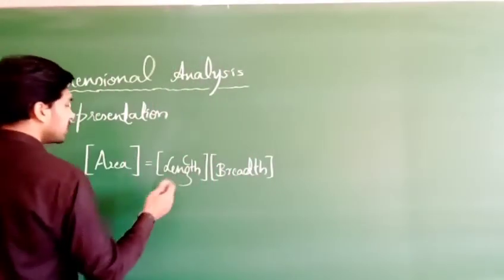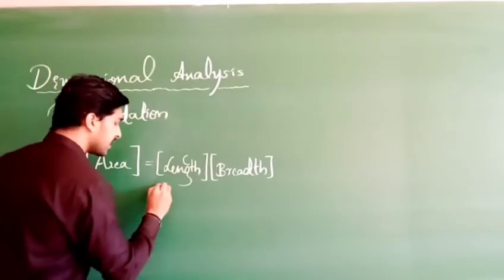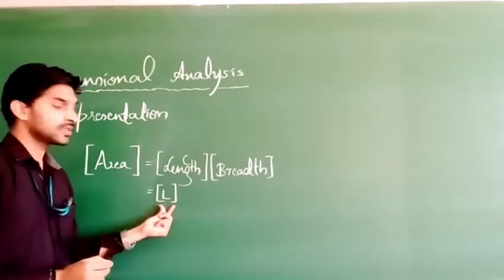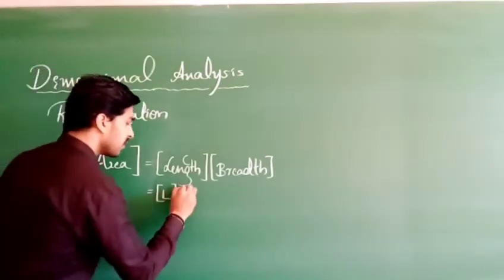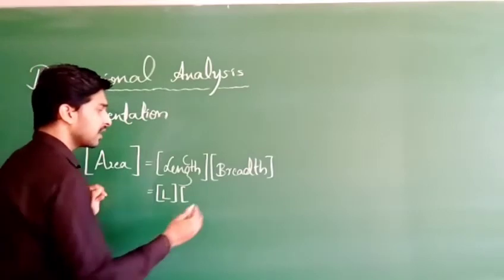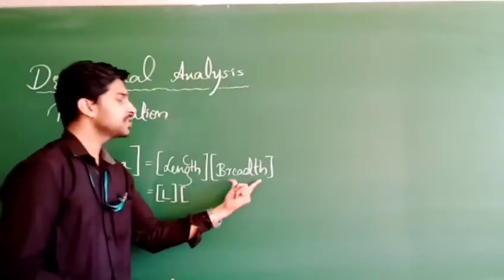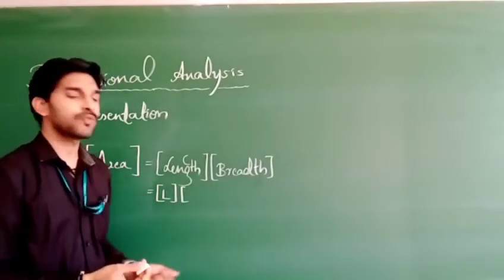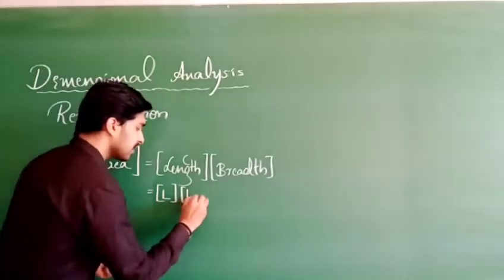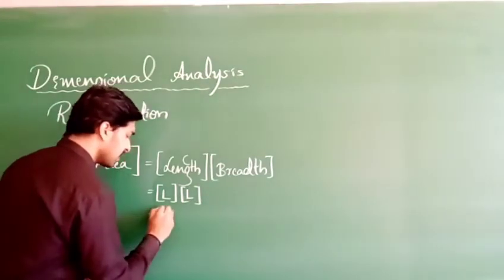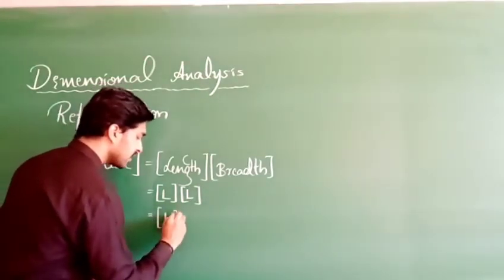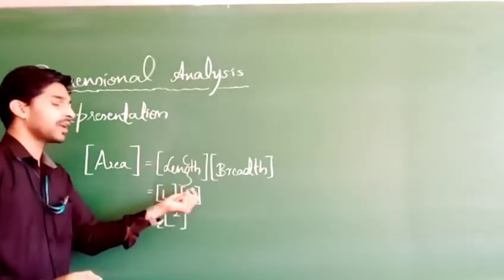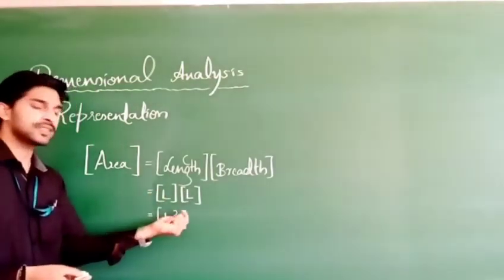For length we are going to use the letter L. In this manner we will be representing. For area, for length L, and again breadth we are measuring. Breadth is again nothing but length only. Again for length what can I write? L. That means in total I can write L square. Here L, here also L, so L square. If plus 1 and minus 1 were there, we would treat it as 0.